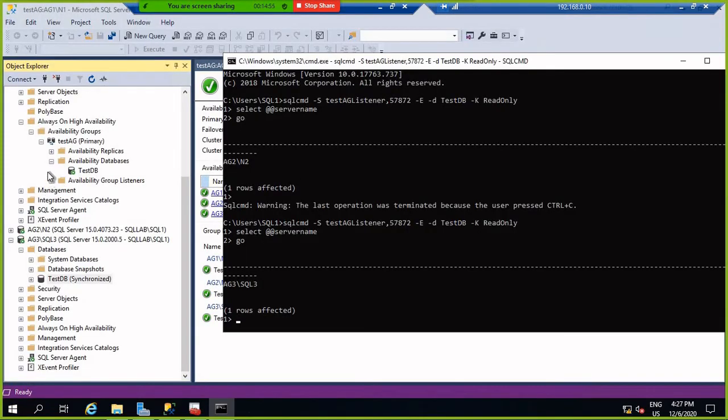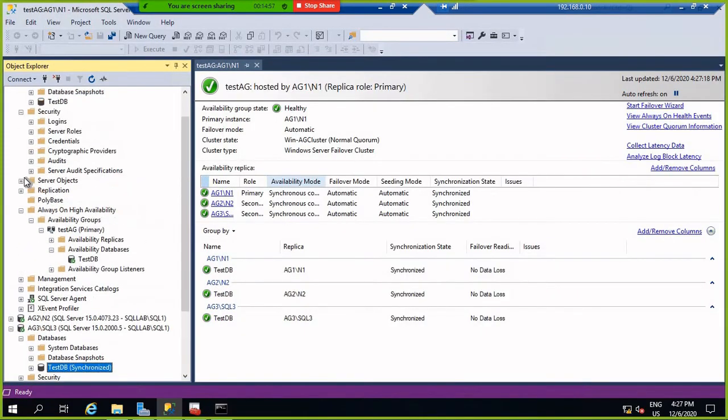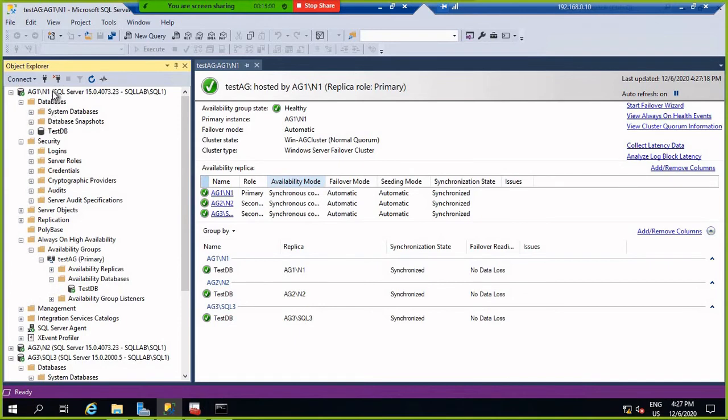I am giving the permission here only. I am creating the login on AGN1.